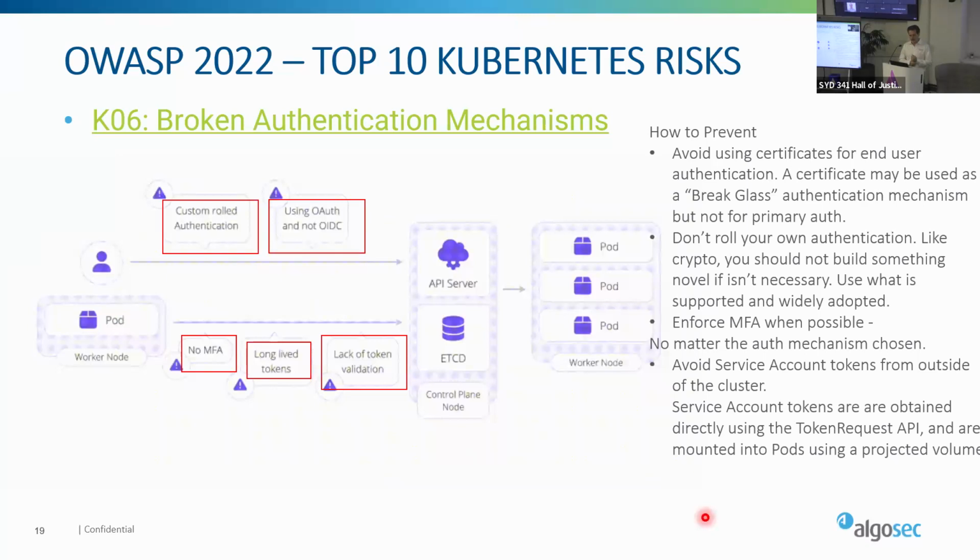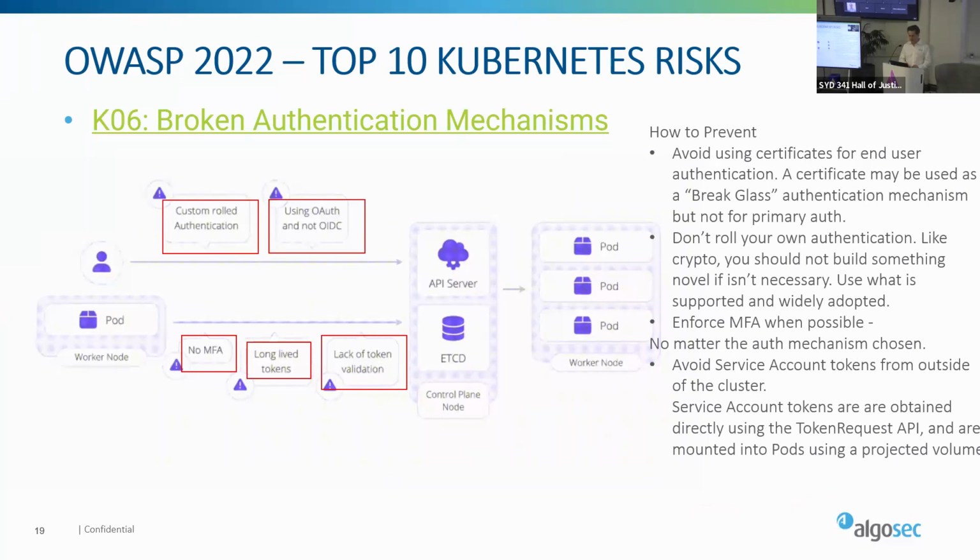So the next one is broken authentication. One thing is human authentication. People need to interact with the clusters for various reasons. Developers need to debug whatever application runs in staging, and platform engineers are building and testing new infra. There are various use cases. There are several methods available to authenticate to a cluster, such as OpenID, certificates, Cloud IAM, and service account tokens. Some of these offer much more robust security than others.